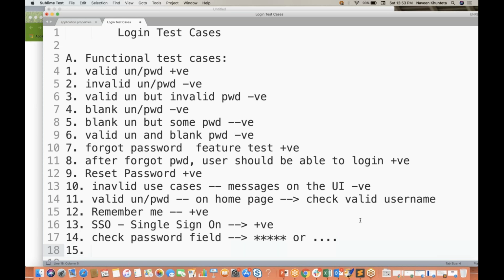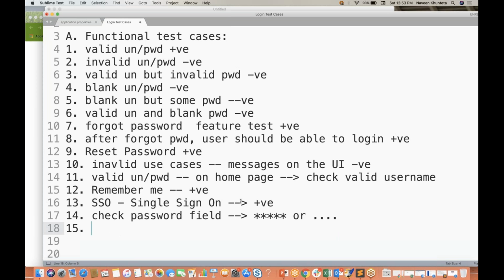Apart from that, one more check is there. These days some applications show the password. So if the show password option is there, then it should show the password. Let's say whatever password I'm writing, test 123 or something like this, the password should be visible. And the moment I uncheck this show password, automatically it should be converted into asterisk or dotted format, right? 16th point is,